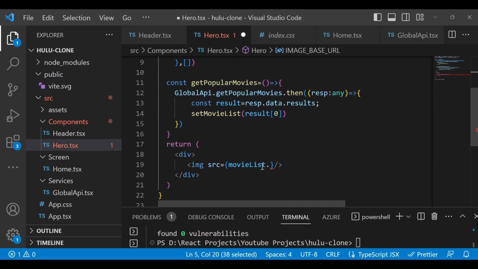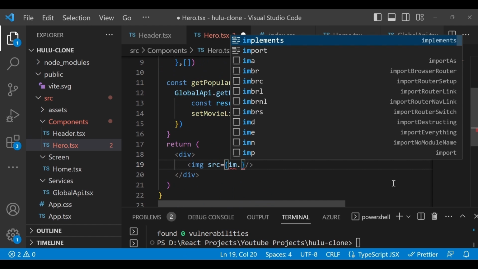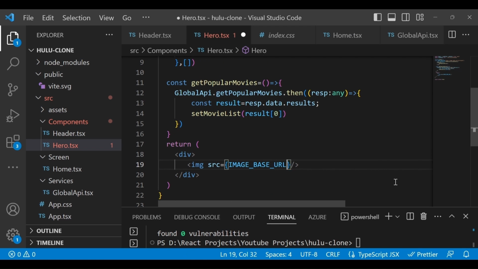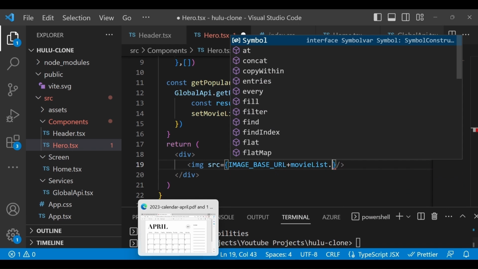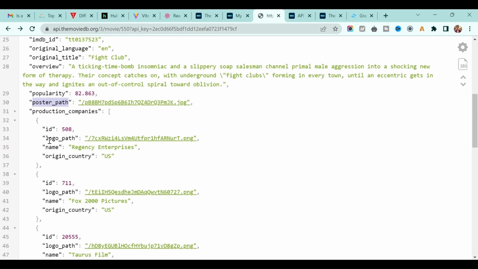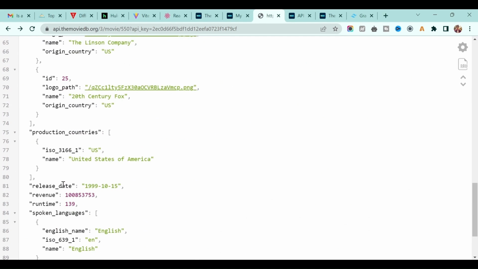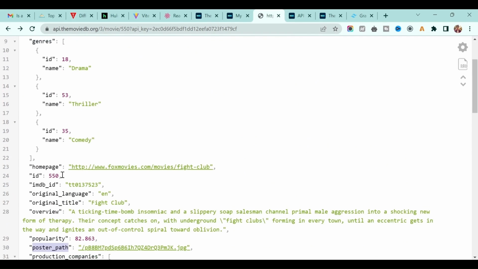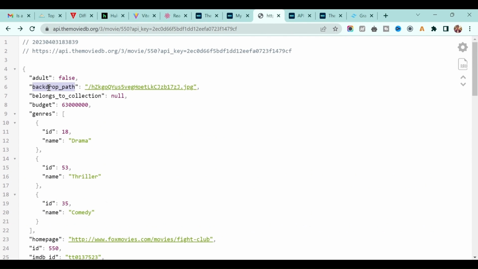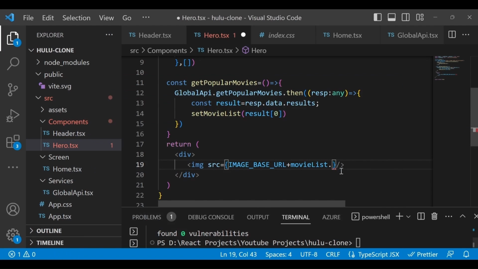Plus we want movieList dot, and we will use the backdrop. You should find backdrop path. This is a high quality image, so backdrop path like this.